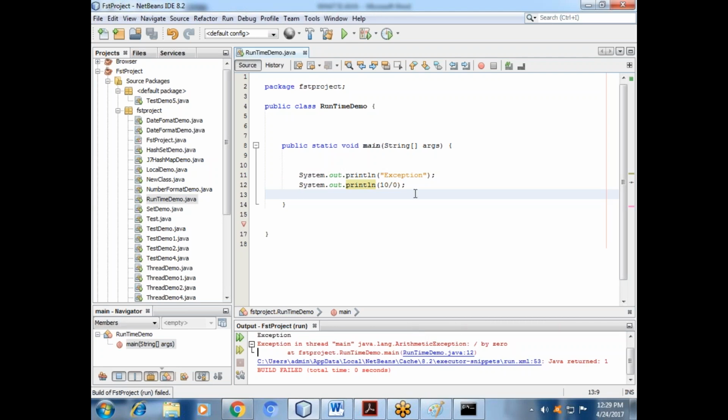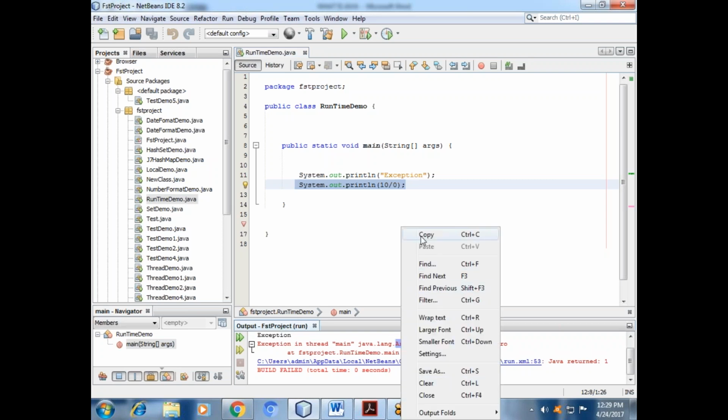See, we are getting the first output. First, we get whatever message is passed, and then we get an exception in thread main, the arithmetic exception. Am I right or not? Are you getting what I'm saying? Yes, we are following.